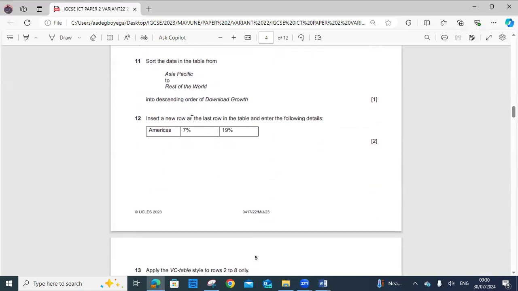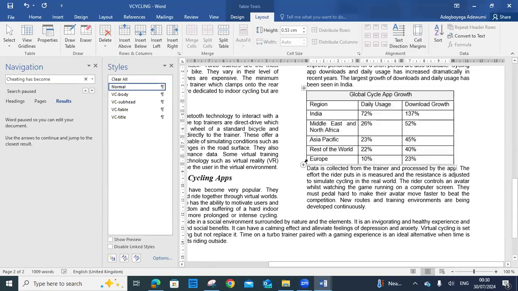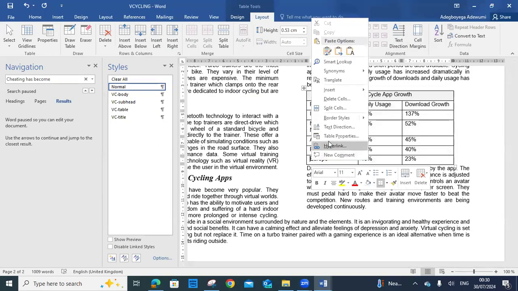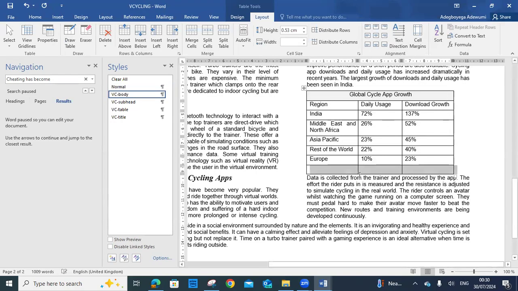So insert a new row below and do this. Okay. So we'll come back up here. Insert. Insert row below. All right. So what are we to do? We have to quickly